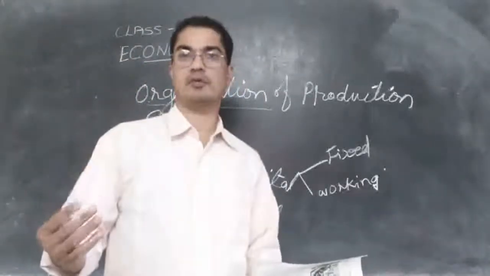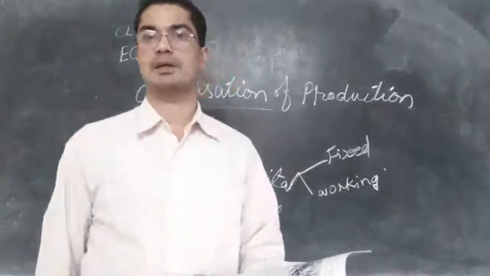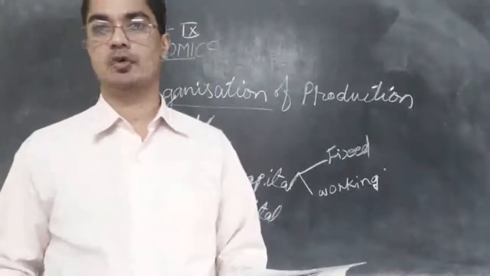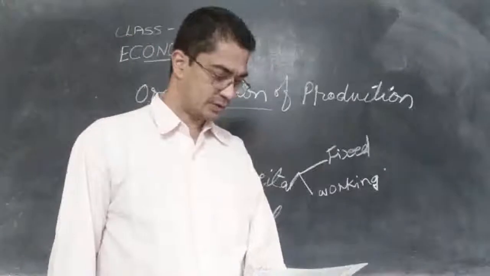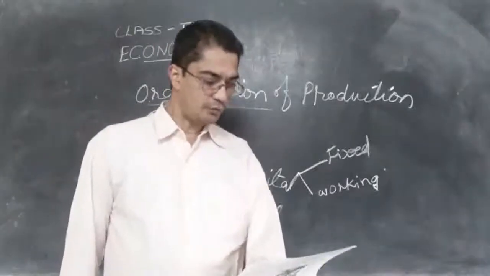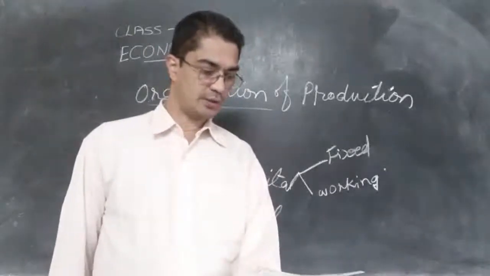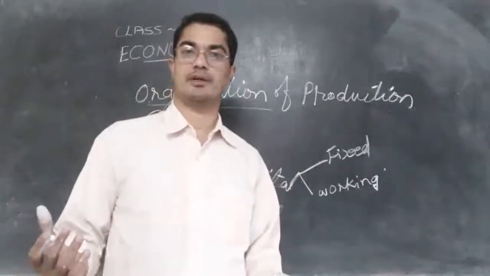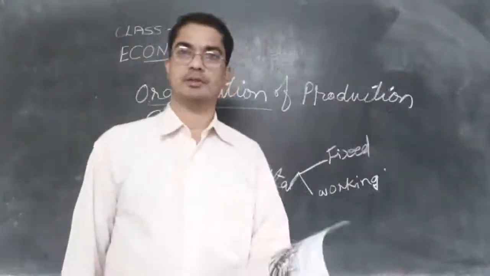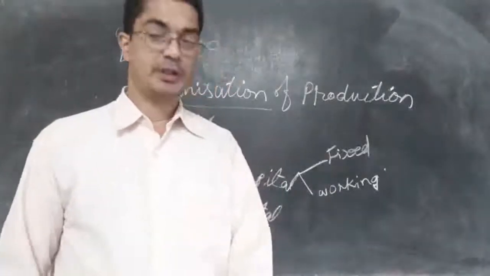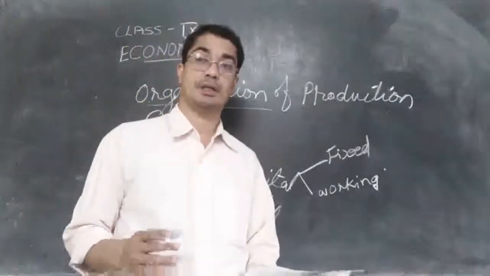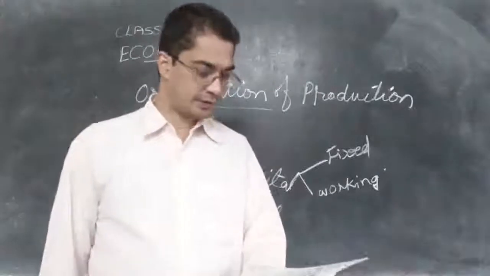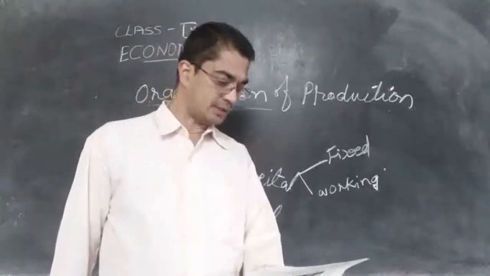If you go to a factory, you will find a lot of machines and a lot of things which are required for producing these things. Then, if it is in the office, we need a generator. In case there is no current, we need to run a generator to get electricity. Or we need machines, we need a building for setting up the factory and all those things.